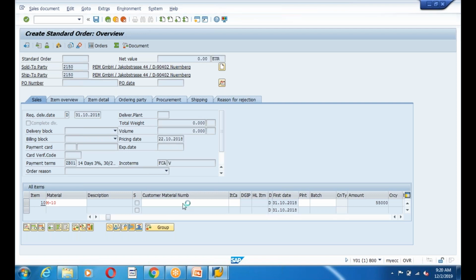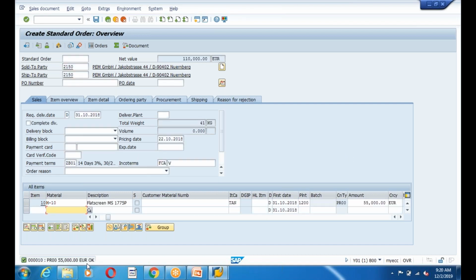Now it is taking some time, so this exists for this configuration. For the sales area, this product is there, guys. See, this product is there.